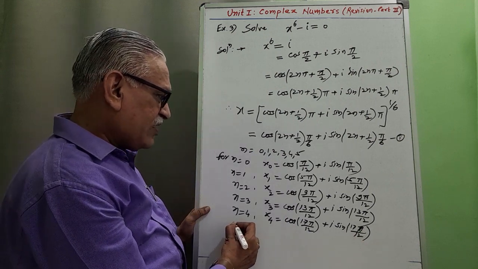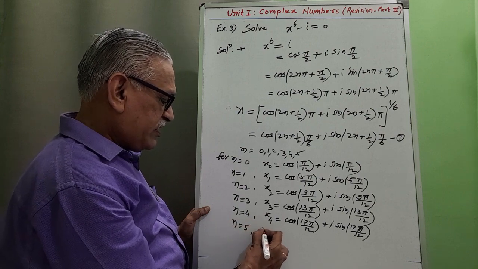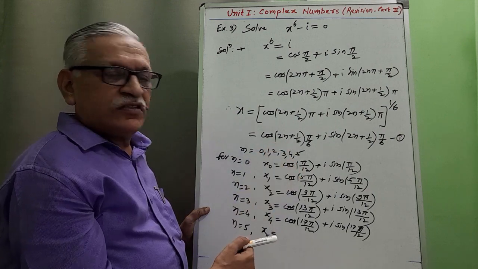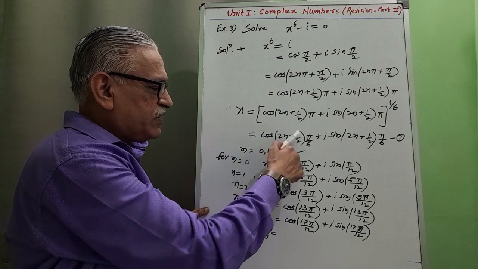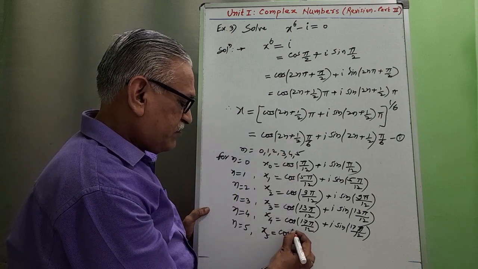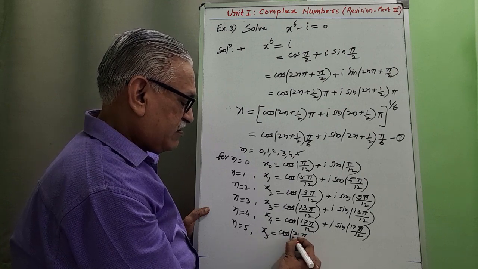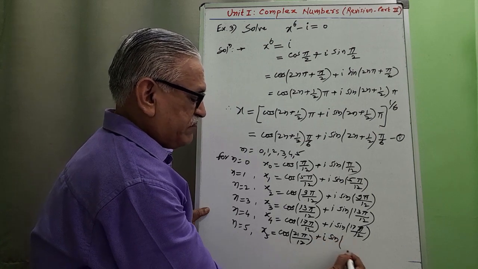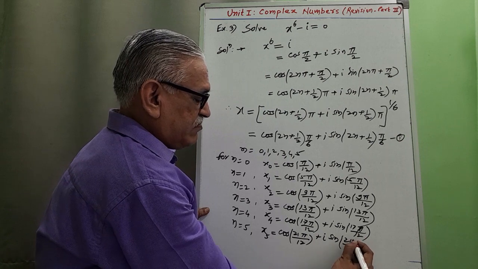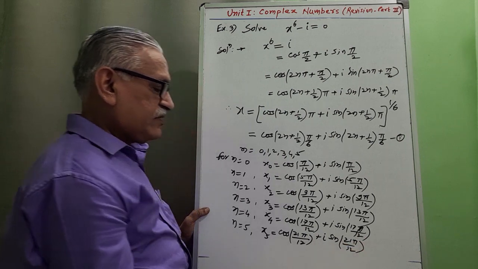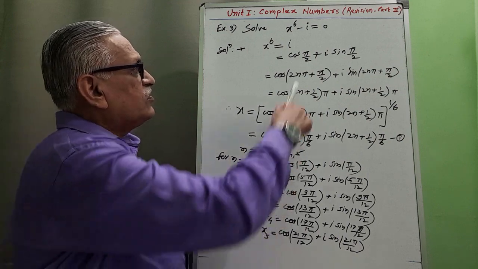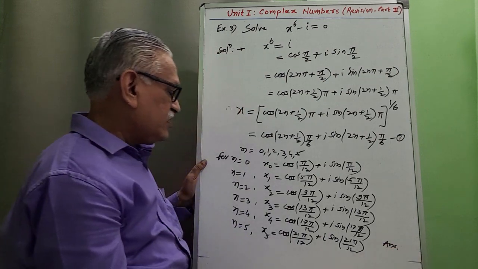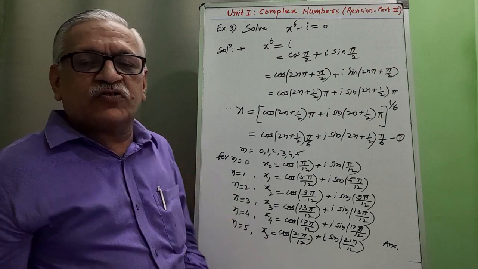And for the last value of n, for n equal to 5, we get x5 as 2 into 5, 10 plus 1 by 2, 20 plus 1, we get 21. Therefore, it is cos of 21 pi by 12 plus i times sine of 21 pi by 12. These are the values of that equation, or the roots of that equation, or the required answer. 1, 2, 3, 4, 5, 6. 6 roots or 6 values